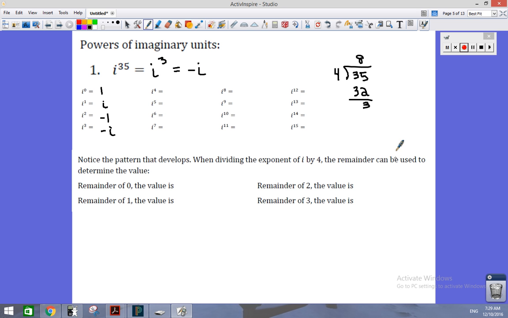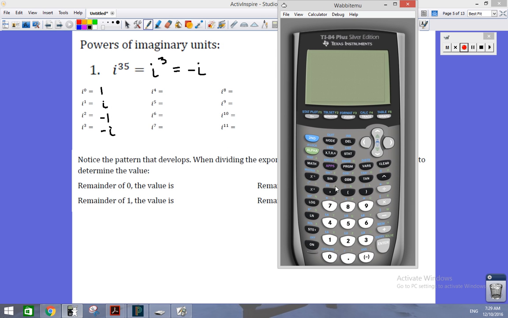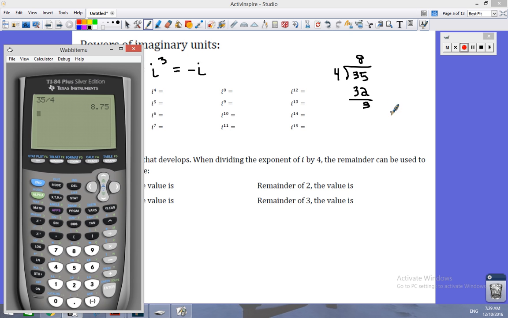Okay, and if we do this division, even myself, when the numbers start to get large, I'm probably the worst in the class at mental arithmetic. So I'll jump to a calculator pretty quickly, and I'll take that exponent and divide it by 4. So when you think about division, when you think about this remainder,